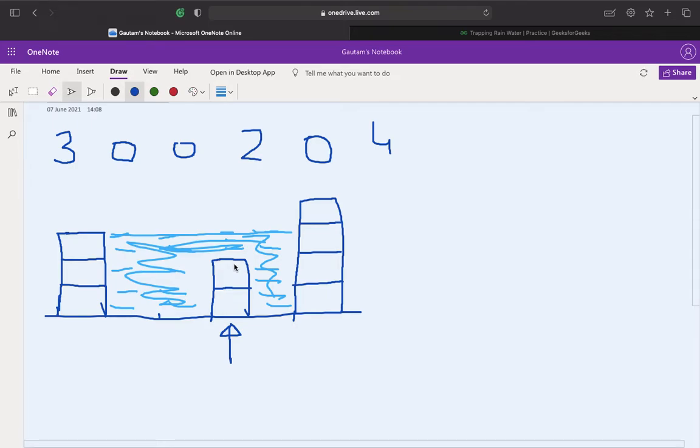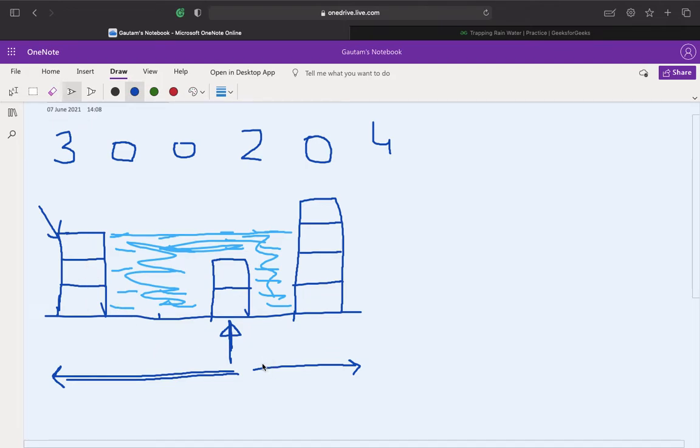There's one interesting property: to get the amount of water trapped at a particular block, we need to find the left maximum support and the right maximum support. So considering this block, on the left side, which is the maximum support? This one, right? What is the maximum height of the support on the left side?